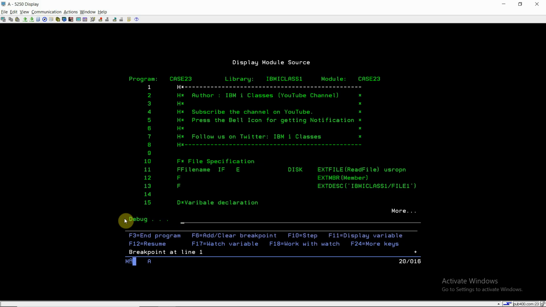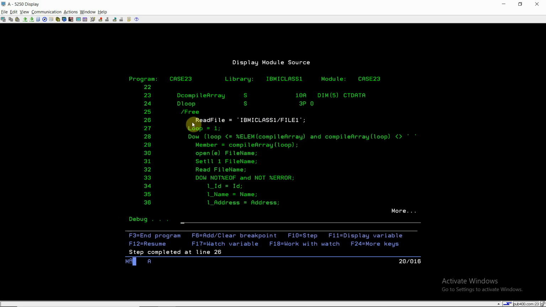Now I'm going to read this file. For example, currently the read file now has the value IBMICLASS1/FILE1, so it will be set at the first instance, because we are not going to change the name of the file, we just want to change the name of the member. Now loop equals 1. Loop is less than %elem of the compile array, and the compile array at the first position is not blank.